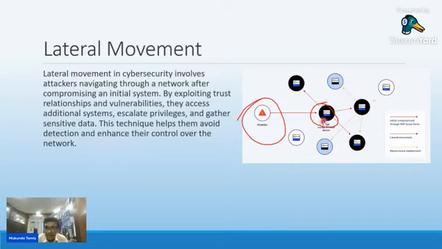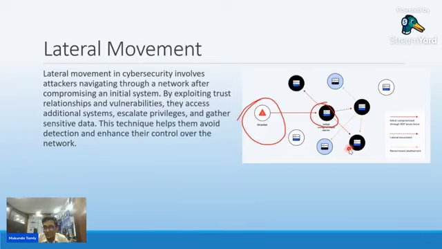Now what I can do using this system, I can compromise or gain enumeration. I can exploit those internal servers, that is by ransomware deployment. Means in lateral movement, first I am doing lateral movement to check the systems and their connections. After I get an overview of the sensitive data, I can directly spray or deploy the ransomware to internal systems. So this is the topic, that is pivoting and lateral movement. So this is the whole thing.